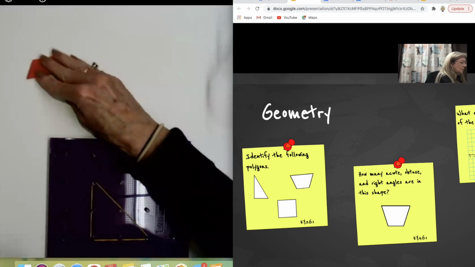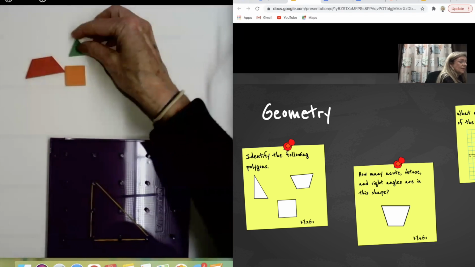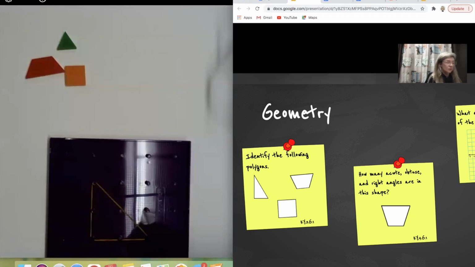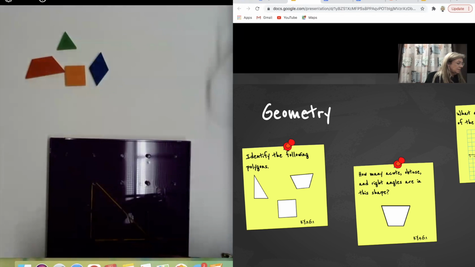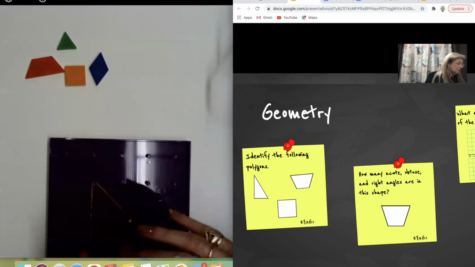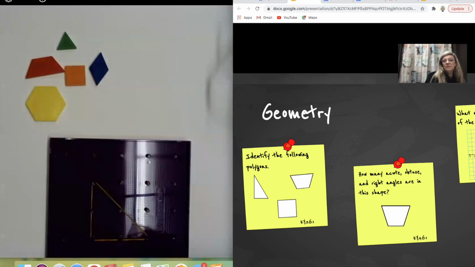So we have the trapezoid that you could have out there for them. We have the square. Of course, we have a triangle. We don't have a right triangle, we have equilateral, but we have a triangle. You can even get into the rhombus, but that's a quadrilateral. Just all kinds of good stuff. The hexagon. You can get into all those different types of polygons.